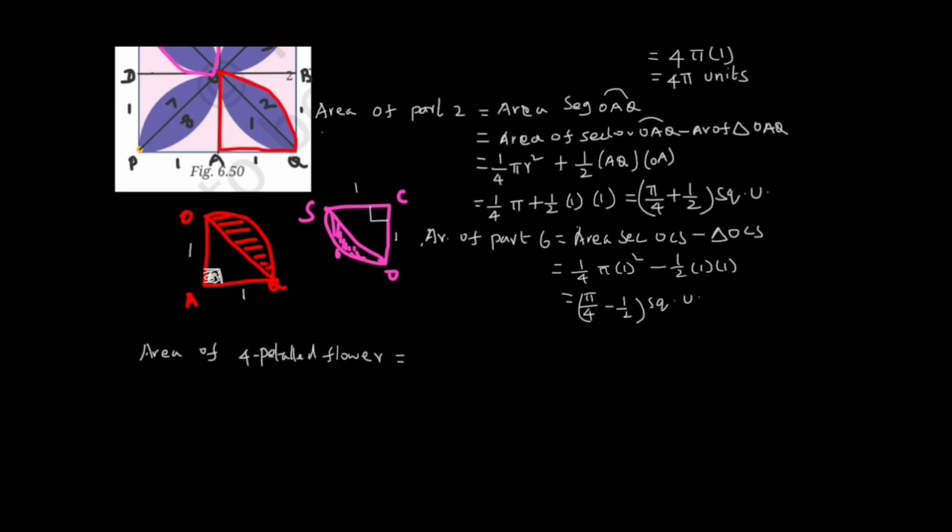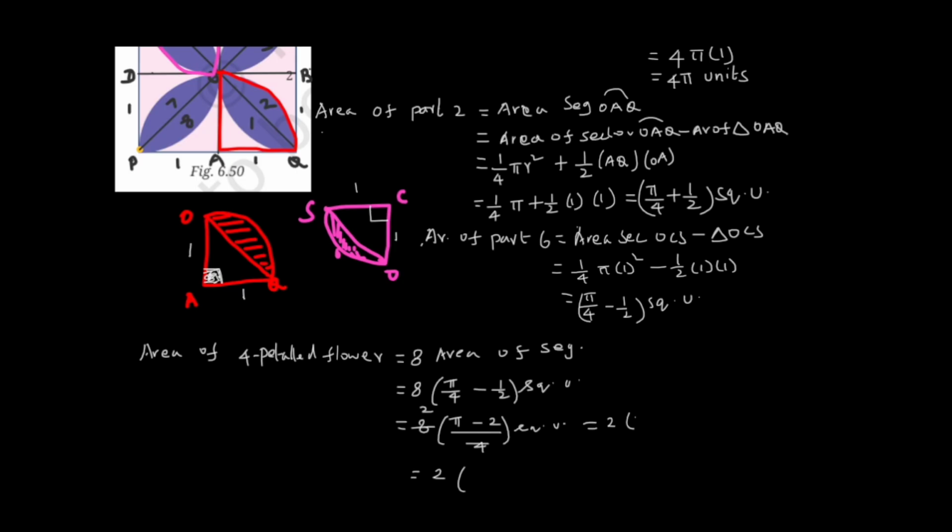So area of 4 petaled flower is equal to 8 times area of segment. So 8 times pi by 4 minus 1 by 2 square unit. To simplify this, inside the bracket, if we take LCM, we will get pi minus 2 by 4 square units. We can cancel this 2 times. So 2 into pi minus 2 square unit, replacing the value